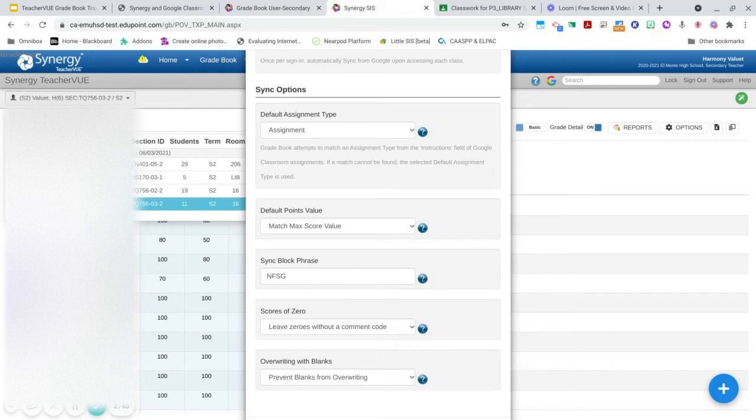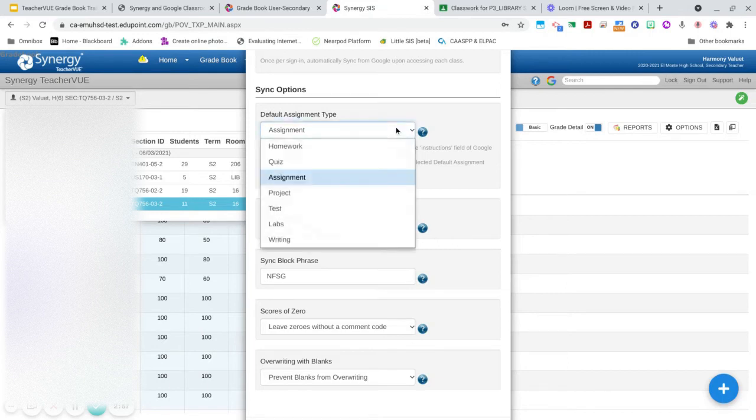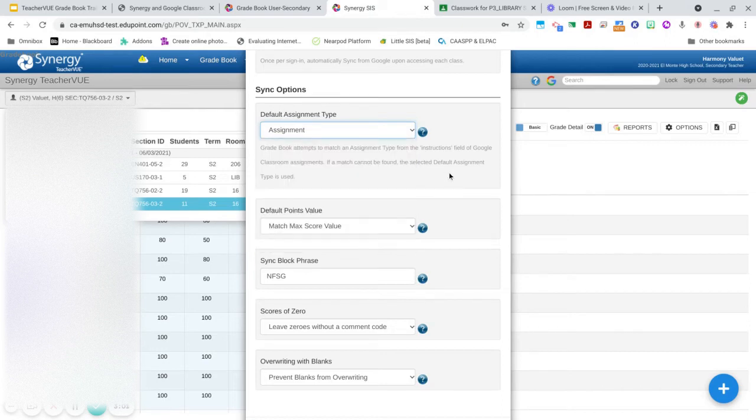So most of the time, if you fill out the instructions and you put the type of assignment it is, like if it's a test and you say in your instructions, please take this test or click on the test or anything with the word test, it's going to automatically put that under your test category because it'll know it's a test. Or if you say,